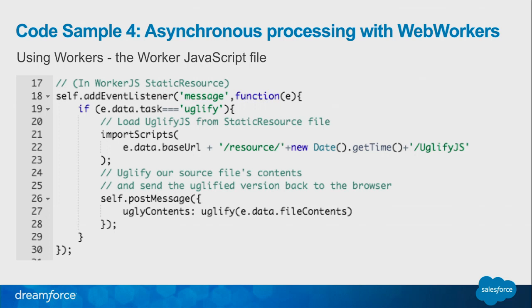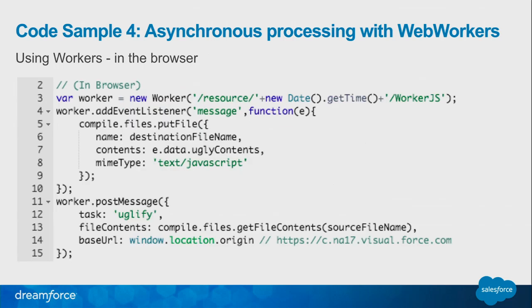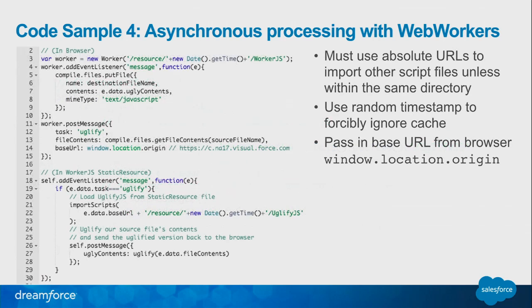So to get an absolute URL, what we're doing is passing in the base URL from Salesforce. So for example, go back to the previous one. On line 14, an example would be like na17.visual.force.com. That's my base URL, so that way I can have an absolute URL in my worker. That's a little important thing that'll trip you up. So altogether, this is basically just the two things. But the third point is you pass in the base URL, and you have to use absolute URLs. The one other thing is on line 3, when I'm requesting my resource location and on